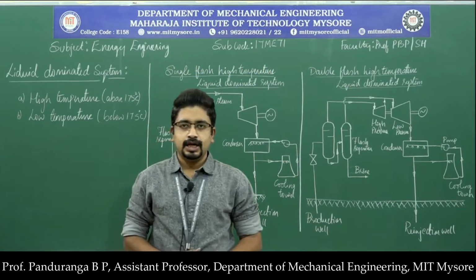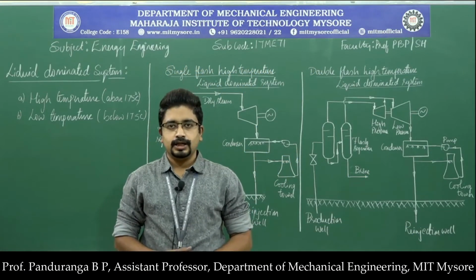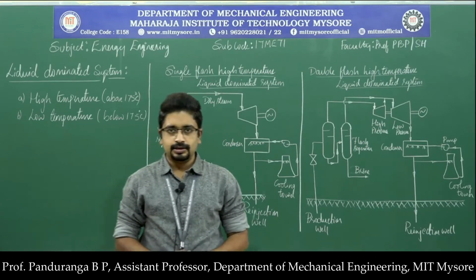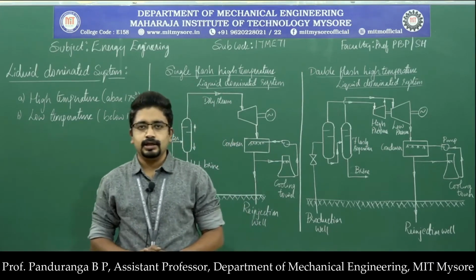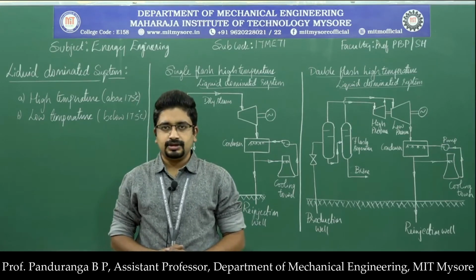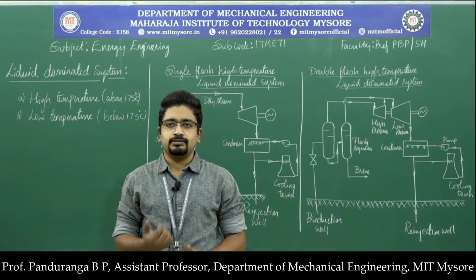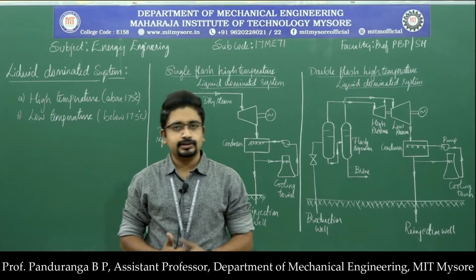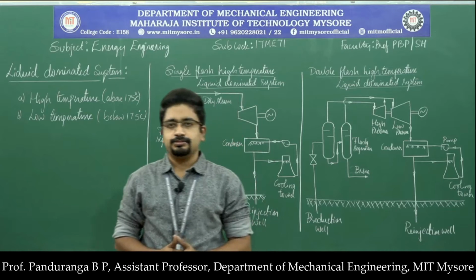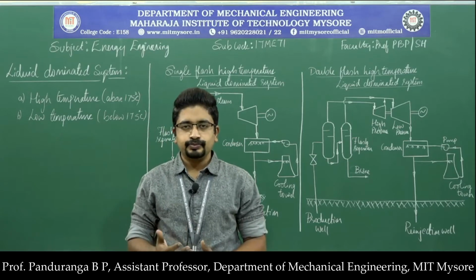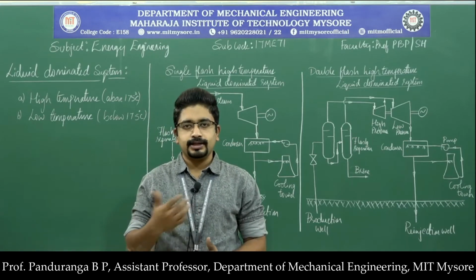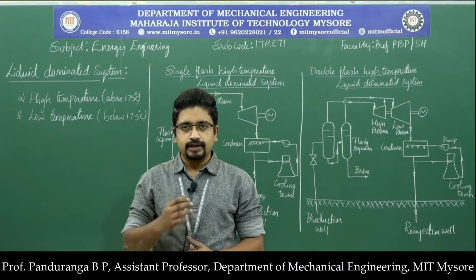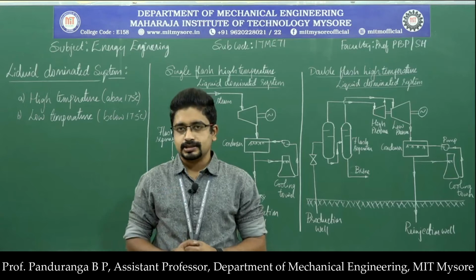Welcome back. In today's class, let us see the other utilization of geothermal sources. In the previous class we have seen that geothermal sources can be utilized where the steam is coming out of the production well. We can use a cyclone separator to separate the solid particles which are present in the steam, and then directly supply that steam to the turbine and produce mechanical energy. So that was a vapor dominated system.